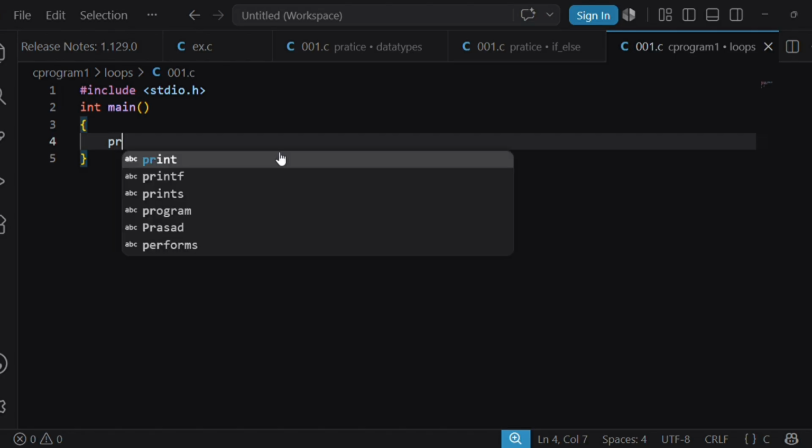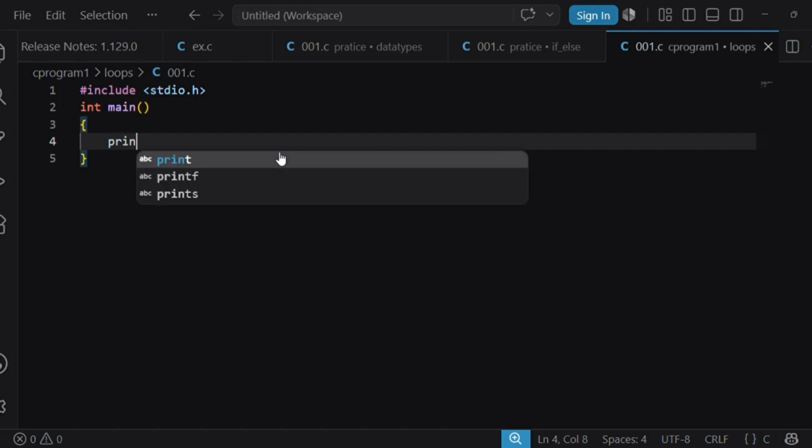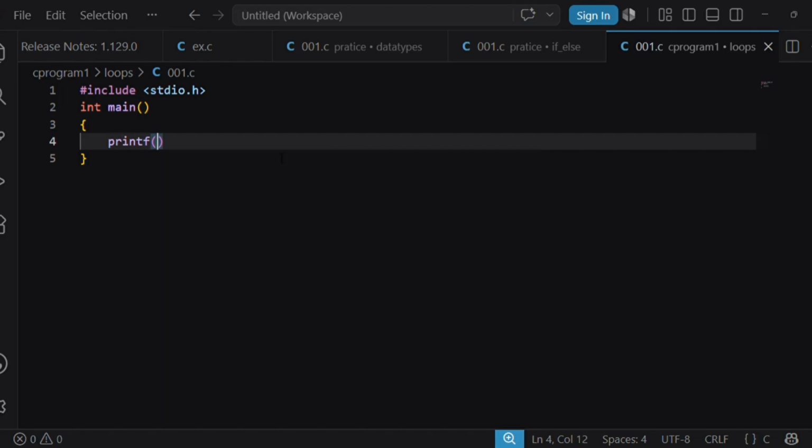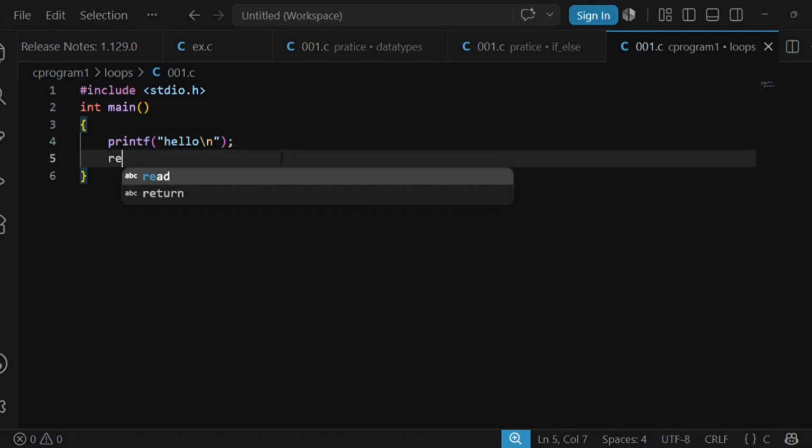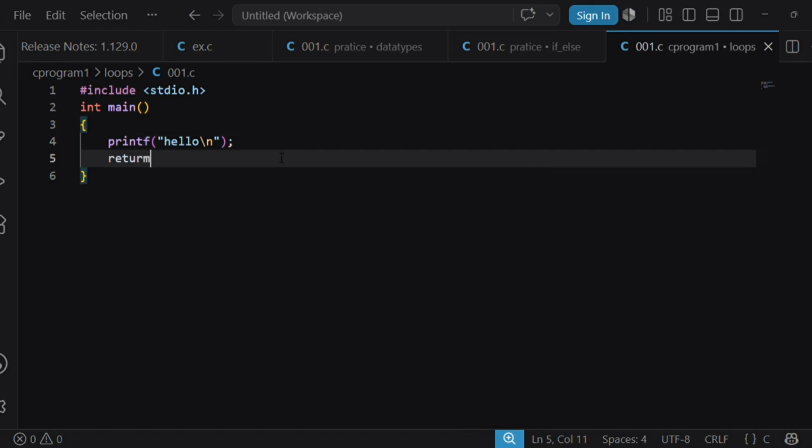Now the question is, I want to print hello one time. So I am writing the code, and I have successfully written it.